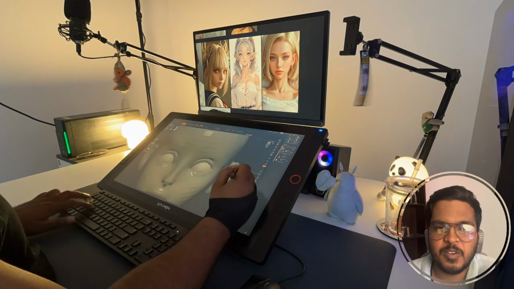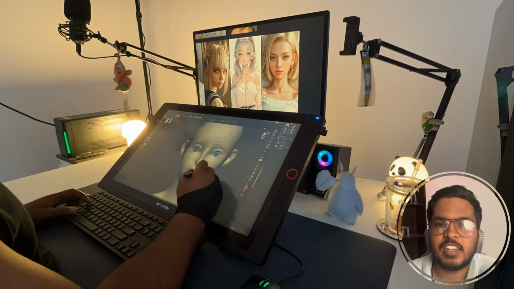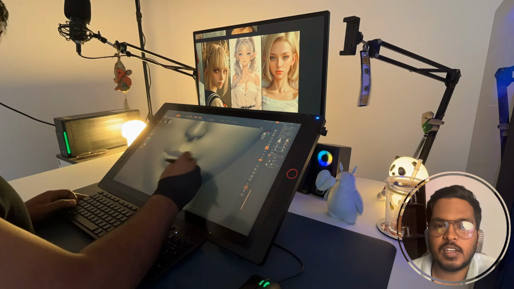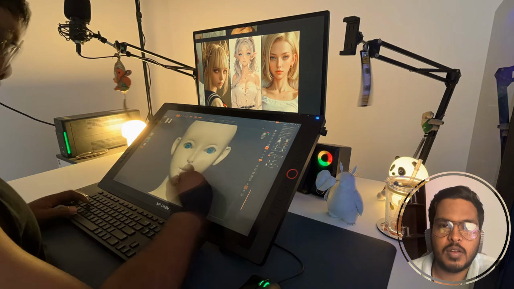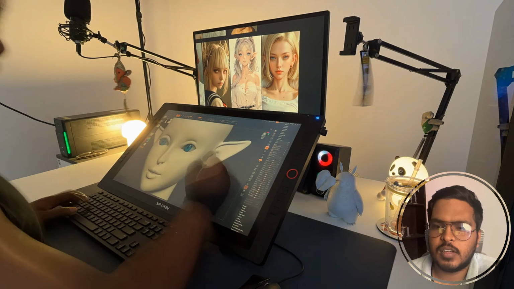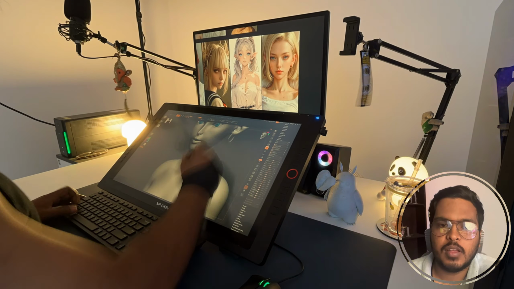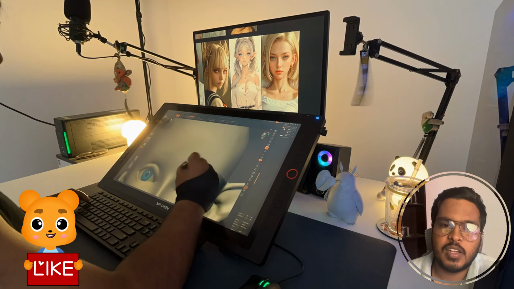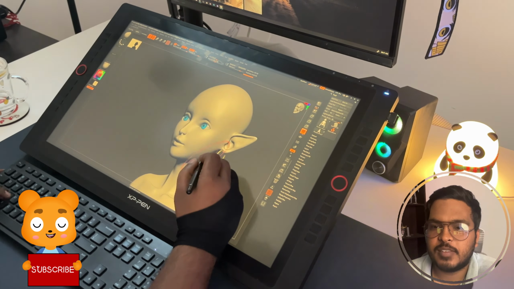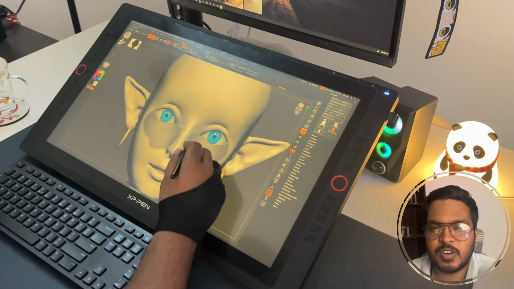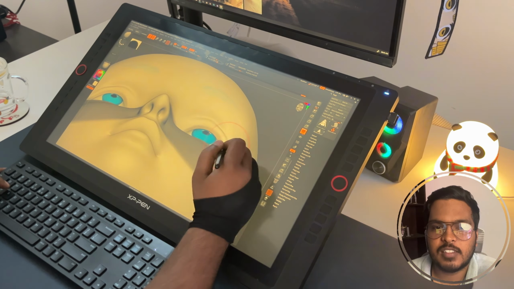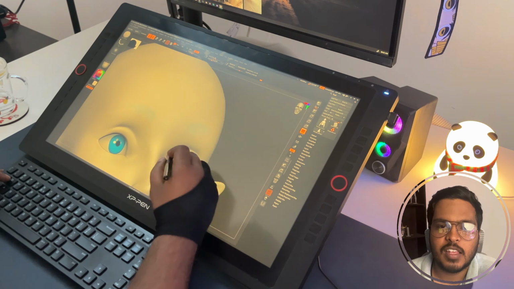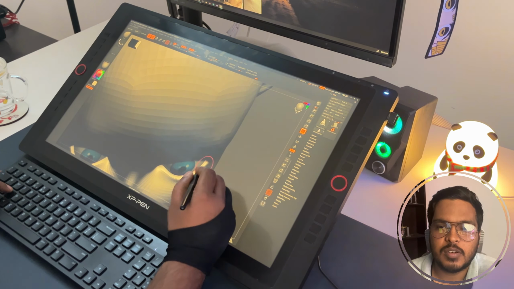Actually, this video was not meant to be a tutorial at the first point. I was just making this character from an anime called Frieren, I guess. The full name is Frieren, maybe. And I was just thinking, let's make a character out of it. So I found an AI image for the character. So I just thought, let's start making the character, and it will be a good choice for me